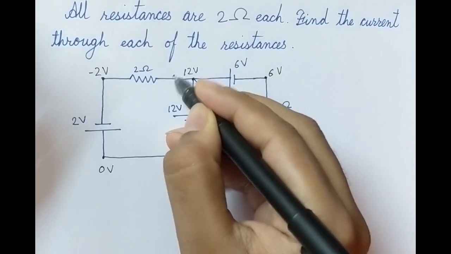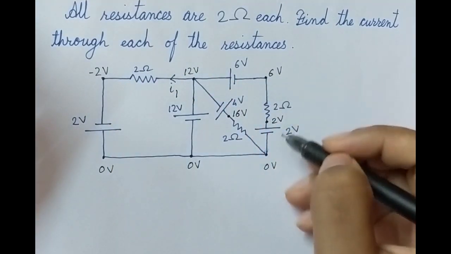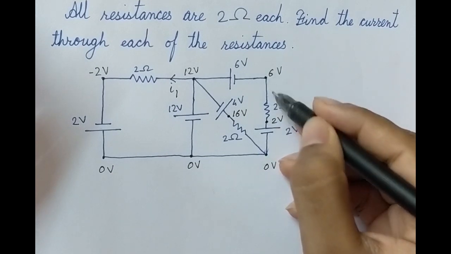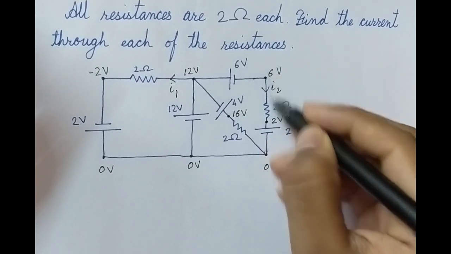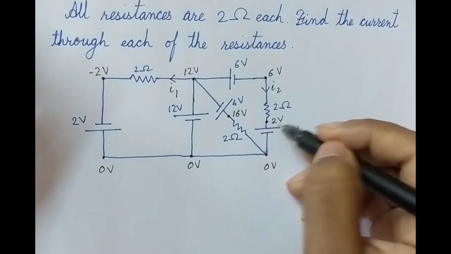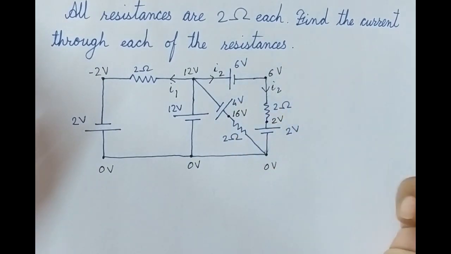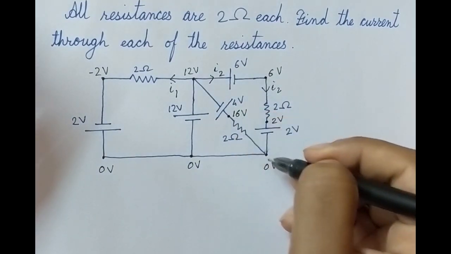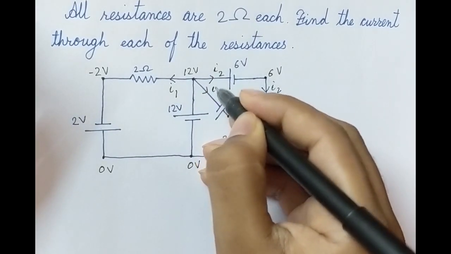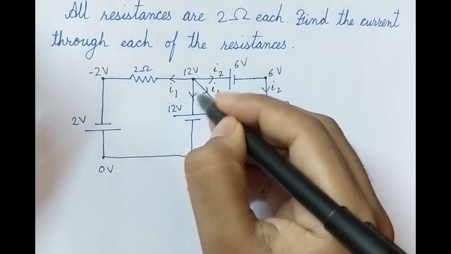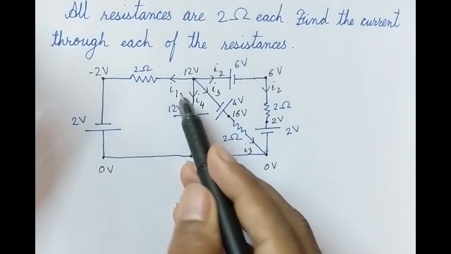Suppose the current in this direction is I1, it goes from a higher to a lower potential. The current across this resistance over here is I2, it moves in this direction from 6 potential to 2, so I2 is the same over here. I3 would be moving in this direction, and let's assume that I4 also moves outwards in this direction. So if you want to find I1,